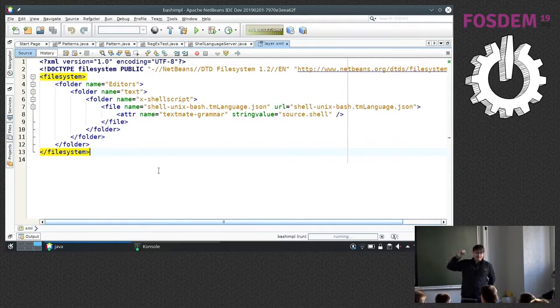If you place the grammar at the correct place and set the correct attributes, the IDE will find the grammar and color the source code based on it. So I think that's what I wanted to show.